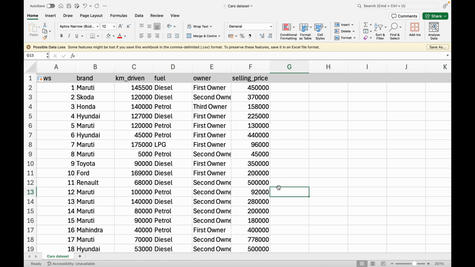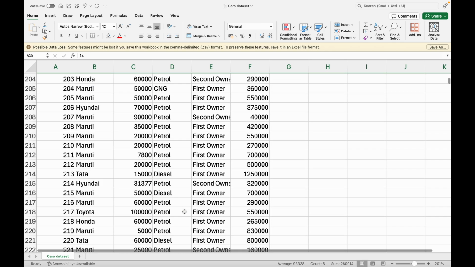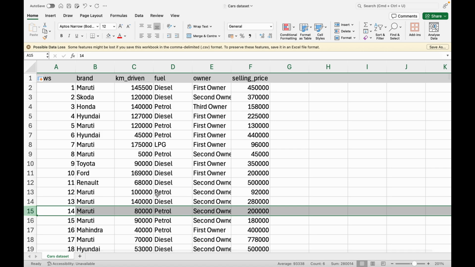Alright, so we are going to take a few questions on INDEX and then a few questions on VLOOKUP as well. So our first question is, can we find the selling price of the Maruti in row 15? Like I said, we had hints that the highest selling priced car is in row 15. So we'd like to know. Now, it could be easy to assume that, well, row 15 is just here. Why don't I just scroll to whatever row they are talking about